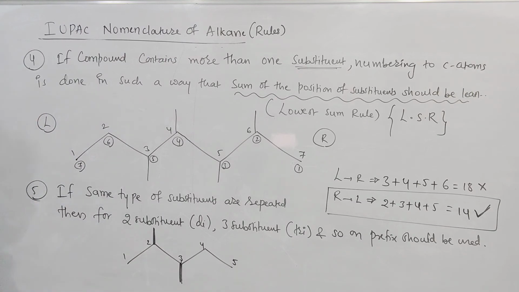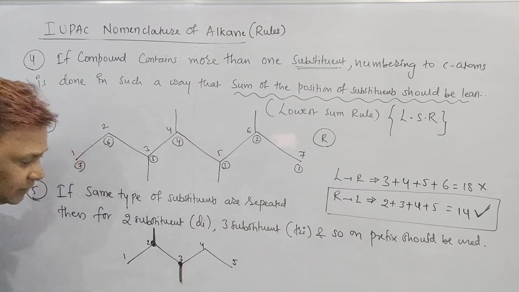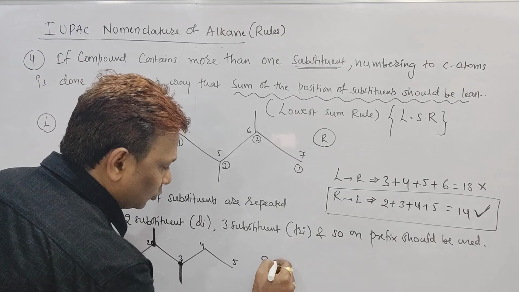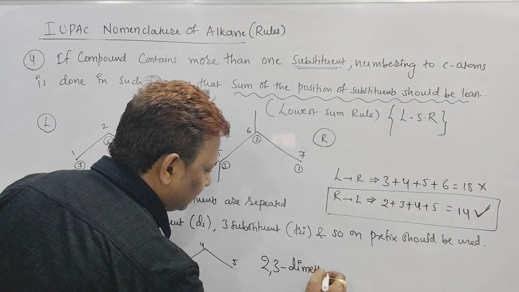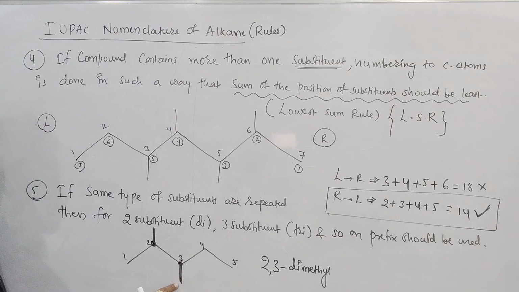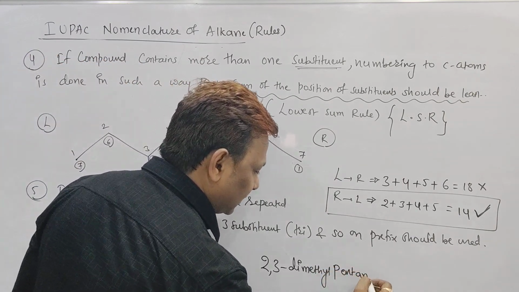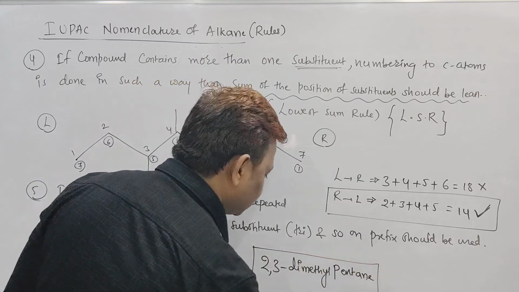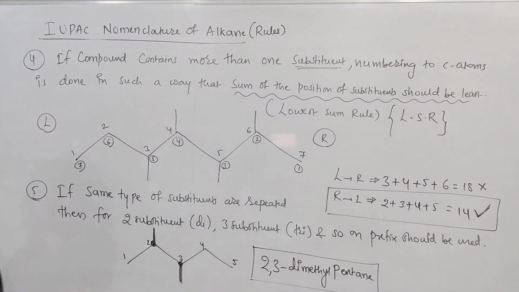So what is the name of the compound I should write? This methyl is on the second carbon, this methyl is on the third carbon. So I should write the name as 2, 3 dimethyl. Right, sir? Yes, sir. 2, 3 dimethyl. How many total carbons are there? Check it: 1, 2, 3, 4, 5. So what should I write, beta? 5 carbons means root word pent. Single bond means ane. The IUPAC name of the compound is 2, 3 dimethyl pentane. Right? Take a screenshot, beta.